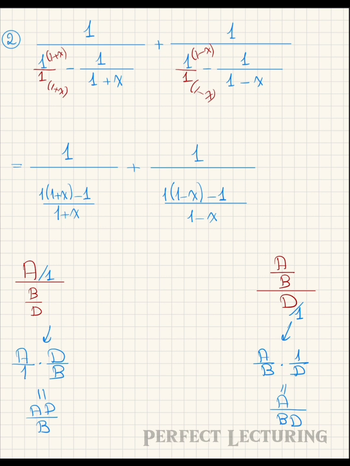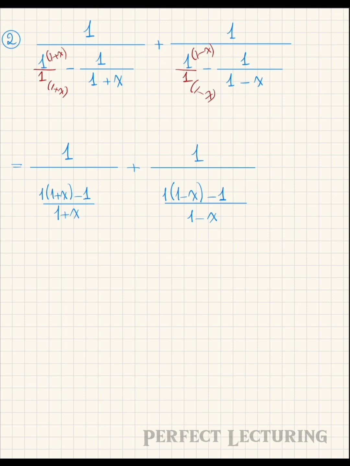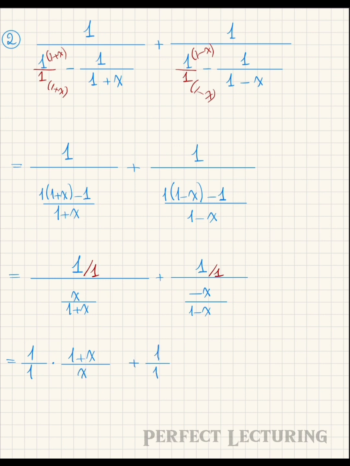So please, whenever you solve such a question, always keep in mind that we must begin with the bigger dash first in order not to mix up everything later. All right, we come back. So we simplify this, and it gives me 1 over x over 1 plus x plus 1 over minus x over 1 minus x. We add the denominator here as well as here, and this becomes 1 over 1 multiplied by the reciprocal. So it's 1 plus x over x plus 1 over 1 times the other reciprocal, which is 1 minus x